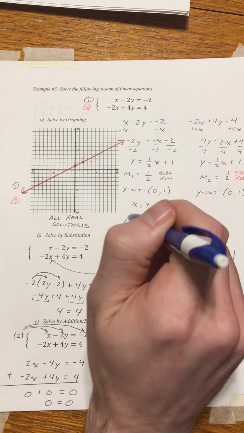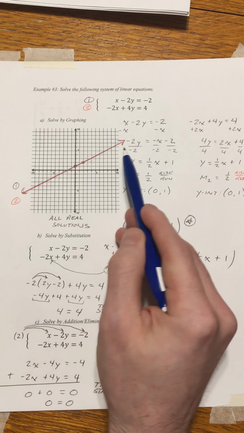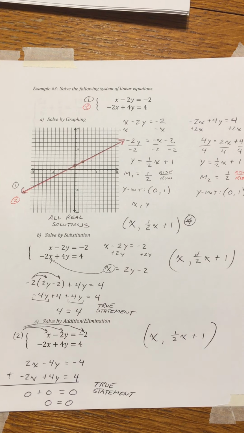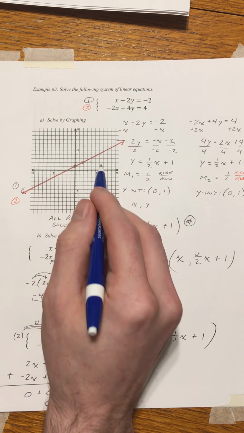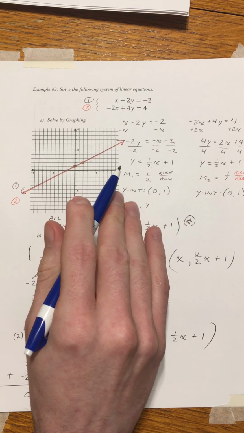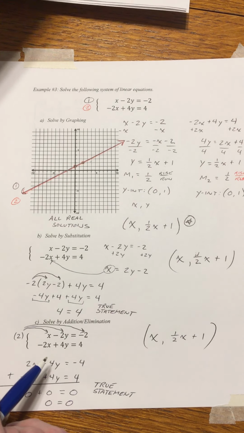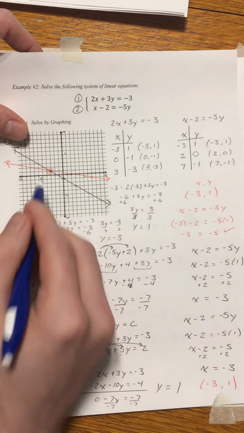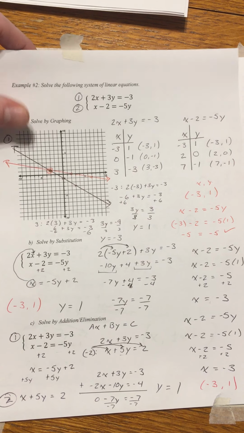We still don't know what x is, and that should make sense because our answer will be dependent on which answer we find. So hopefully you remember from the last section that when we have the same line, this system of equations are dependent on each other. And the same thing before. In our previous one, when we found one answer, there's only one point that makes this true. That makes that an,